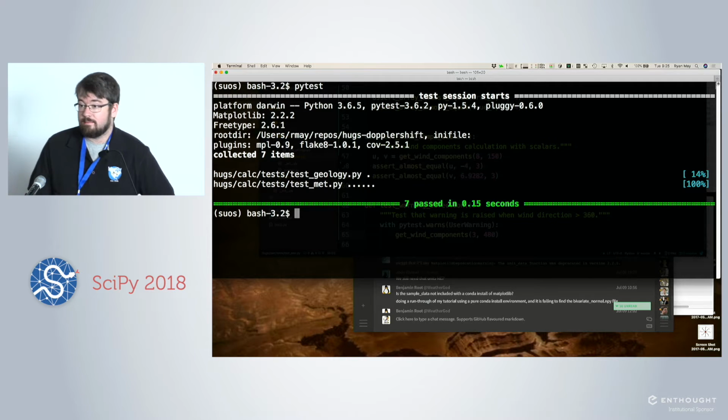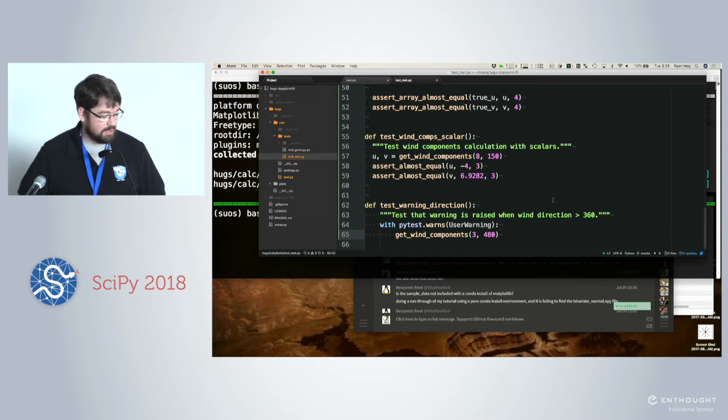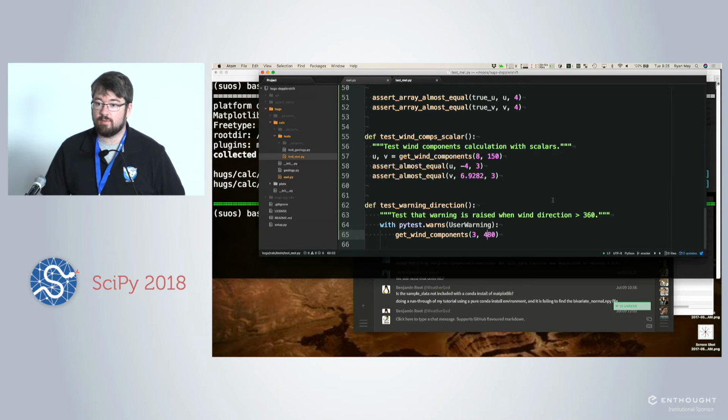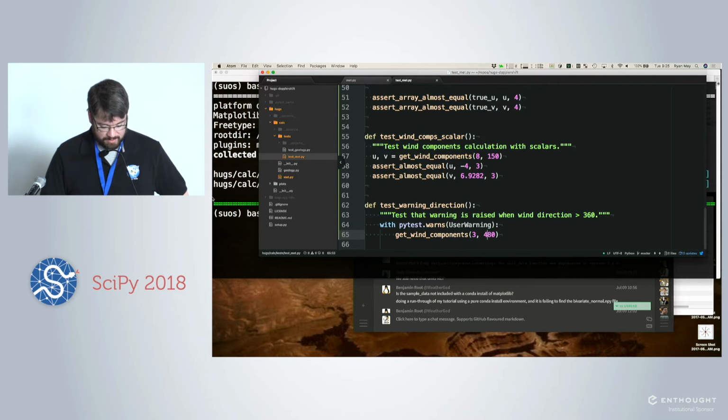The other test that you might want to perform is to test if an exception is raised. So that's very similar. Instead of pytest.warns, it's pytest.raises, and then the type of error, or the type of exception that you want to test for. So what I want you to do, and I will pull this up on the website,